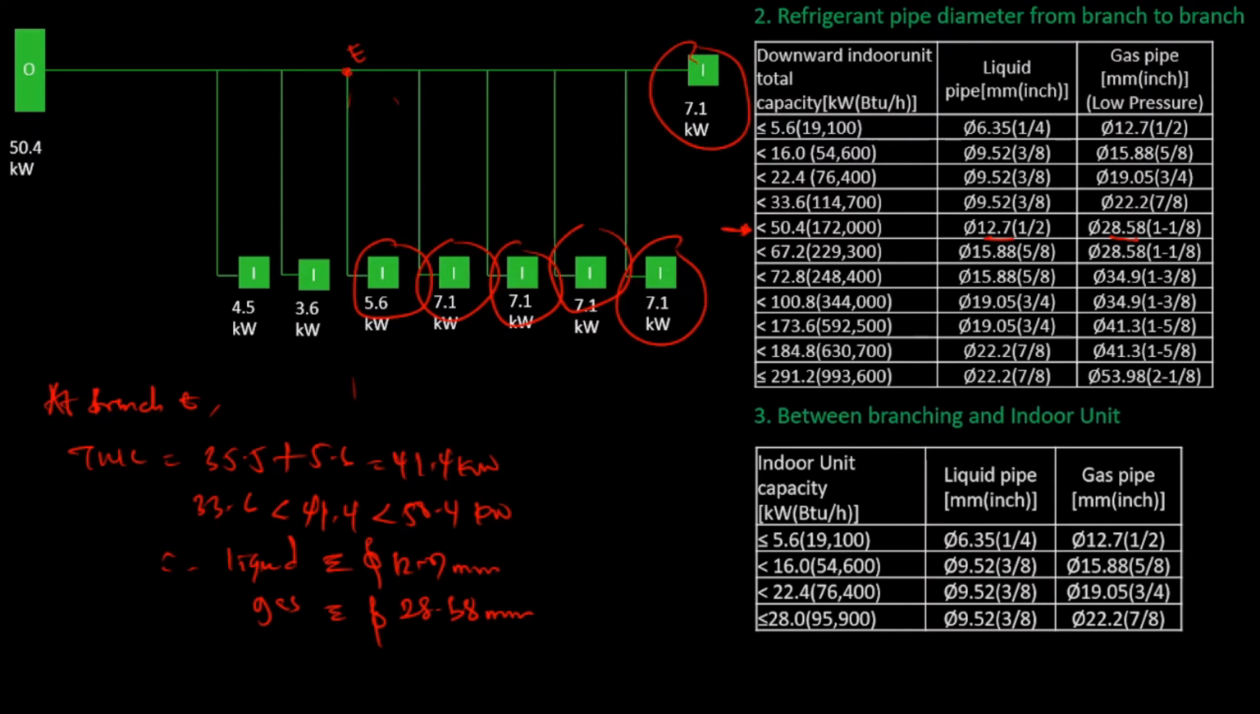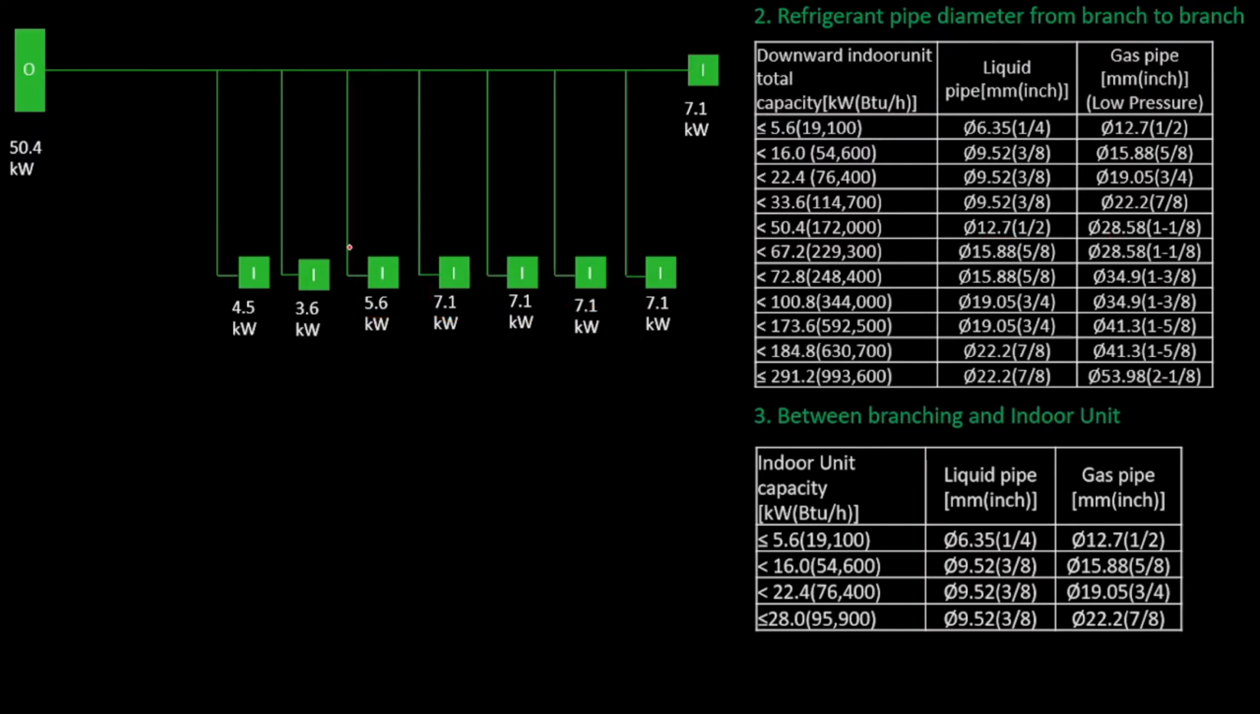Now we move on to branch F. So for branch F, this is where branch F is. Again, it's a total of this and this. So we'll say at branch F,